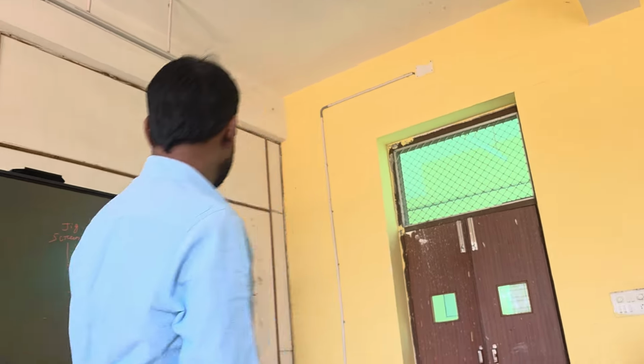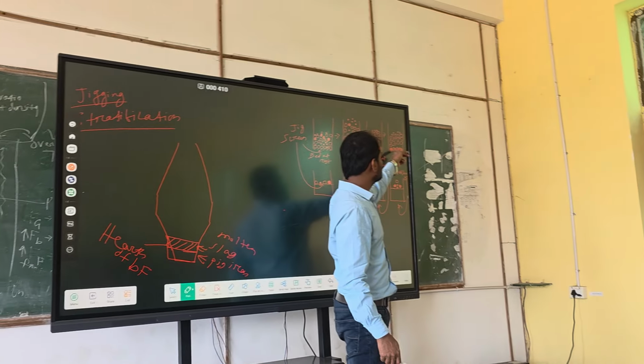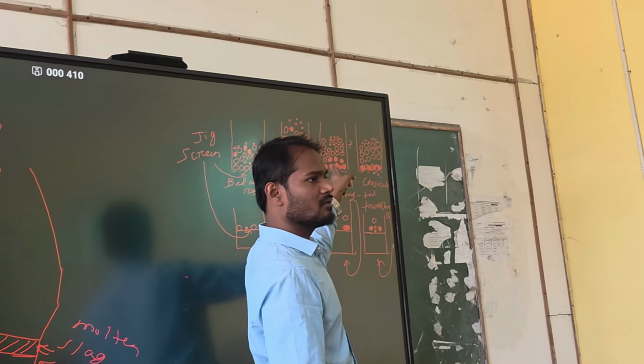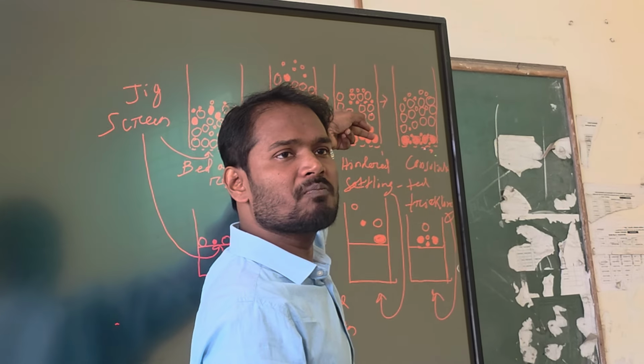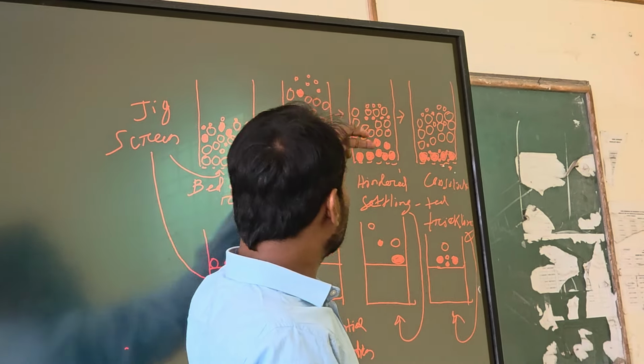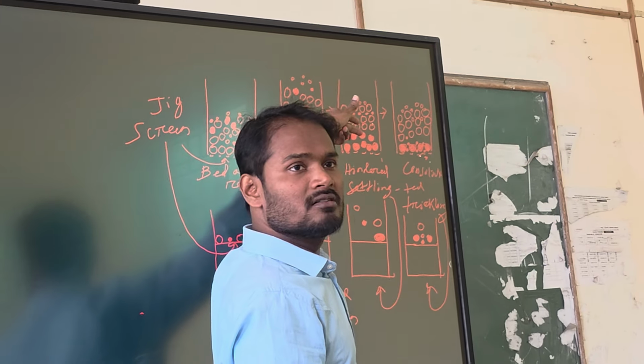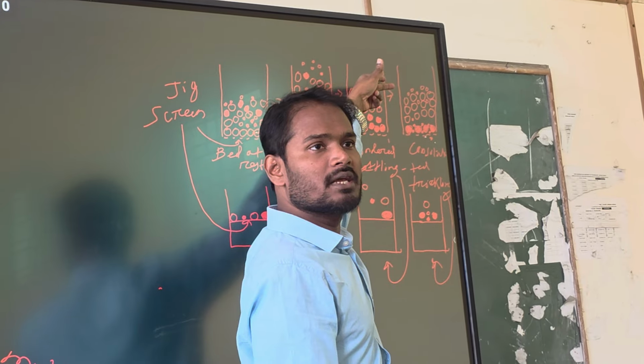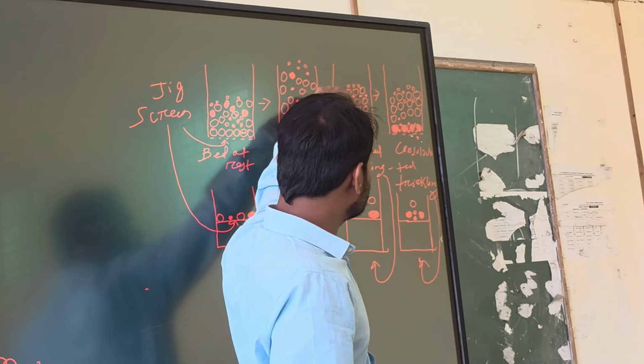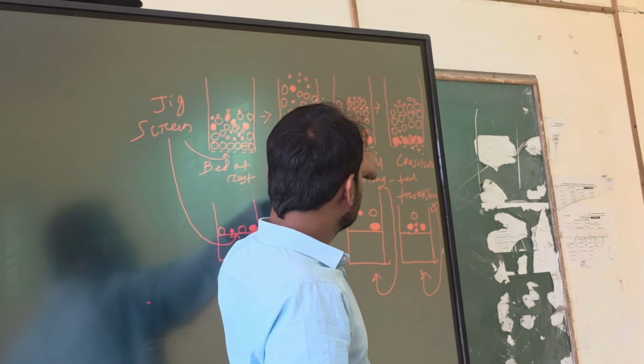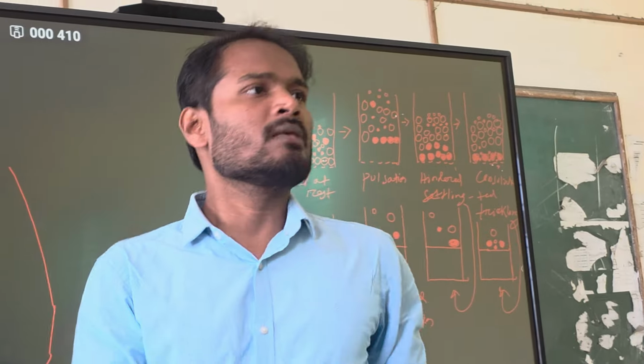Fine. So you can see this is stratification here. This one. You can see the denser particles are at the bottom, right? Then lighter, then further lighter, right? But the point is, this is coarse, this is fine. Is it okay? Anyways,